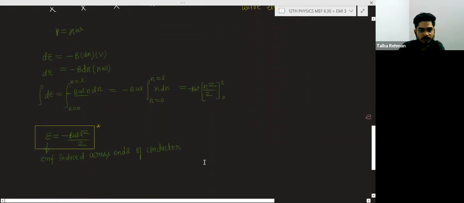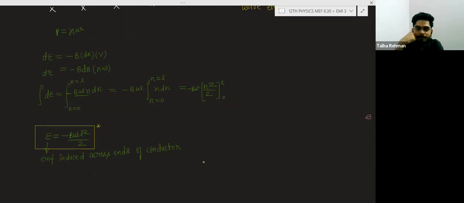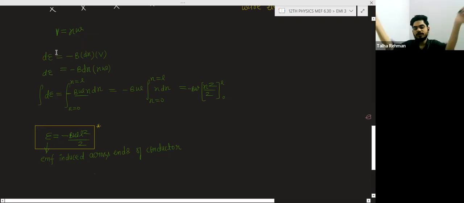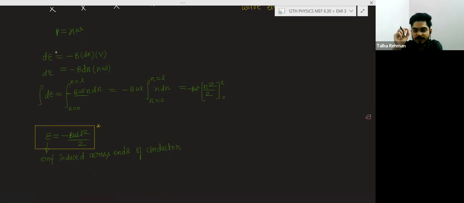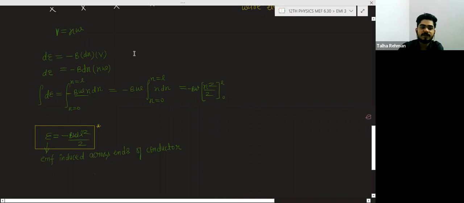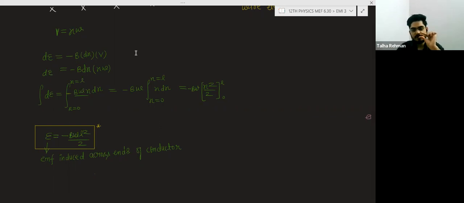So now, okay. And this dE, small dE, is the small EMF induced in a small element of wire. Don't forget what this dE is. dx is representing a small displacement, dv is representing a small velocity, dp is representing a small pressure. So like this,